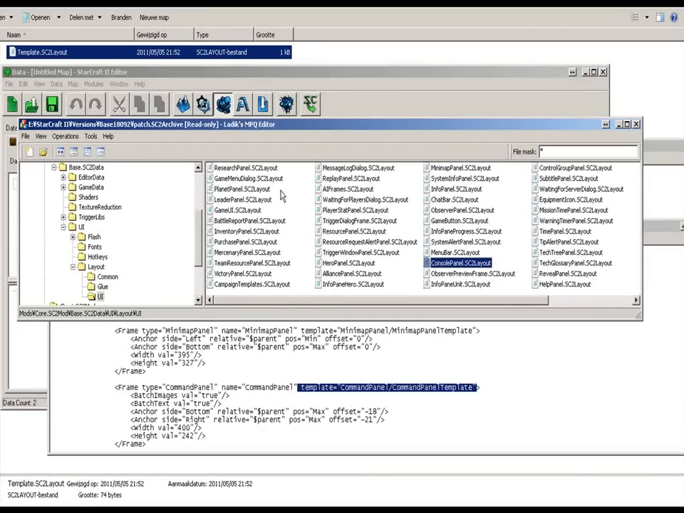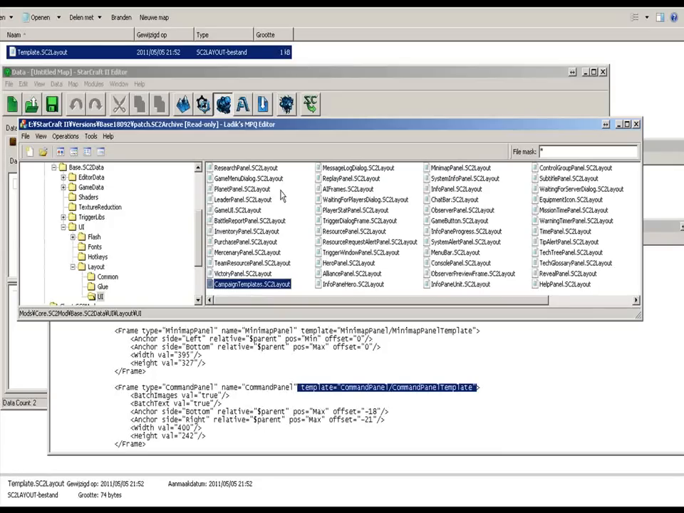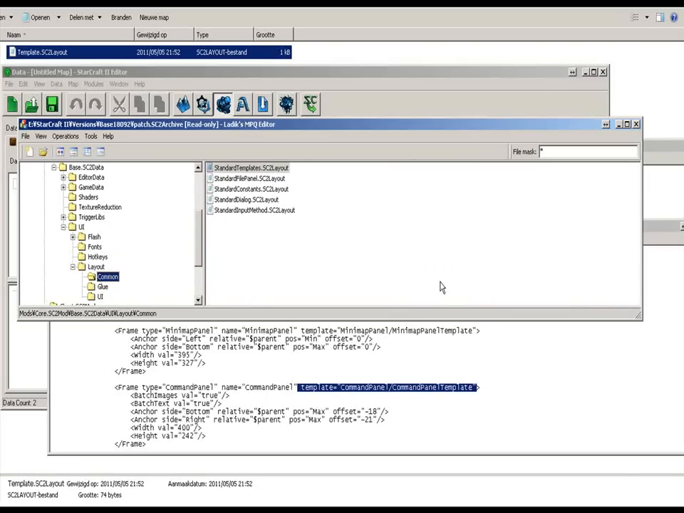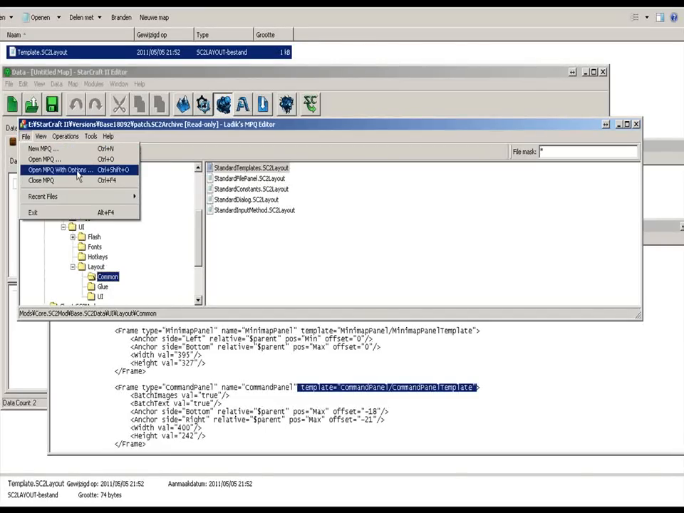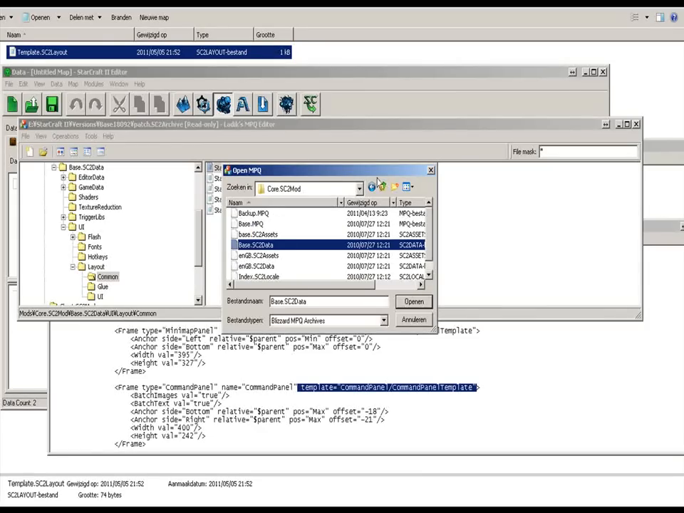It says it cannot find the command panel. Apparently the command panel is not available in this version. Let's check the glue directory. There isn't a command panel there either, and neither in the common. This means that I'll have to open another MPQ file. Okay, I've checked the patch, it ain't there. Now I'm going to go into the mods directory, core, and the, not the core, the liberty, and the